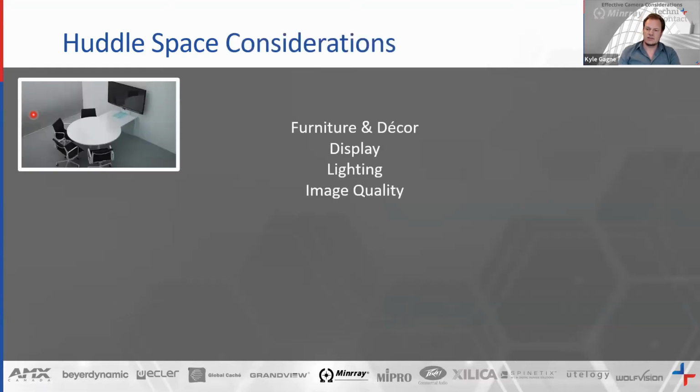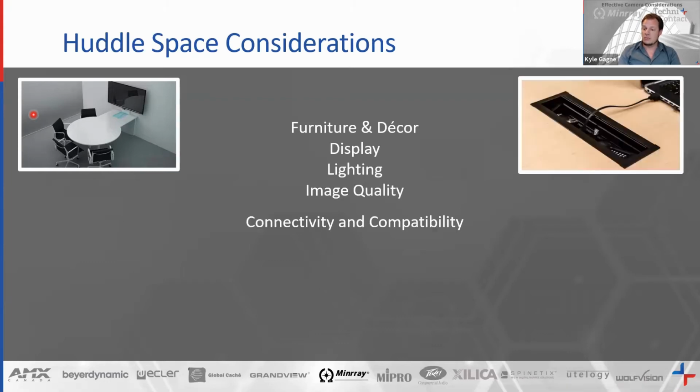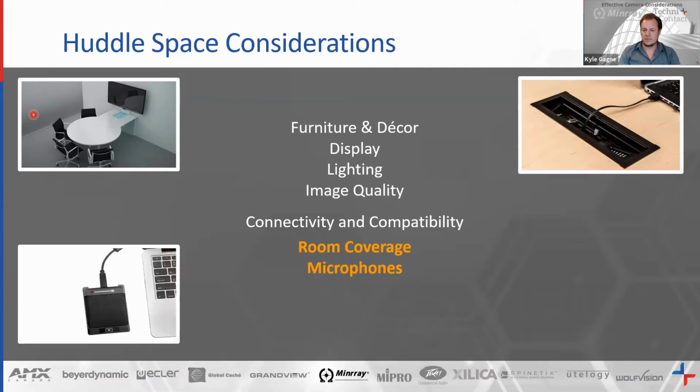Now, our considerations in the huddle space, needless to say, we have more people in a small space. Ideally, the architect or the space planner will have adapted proper furniture, display, lighting, and image quality for the space based on the requirements of the company. Now we're adding in some connectivity and presentation capabilities. This is usually very simple, whether it's an HDMI cable just to put a laptop up on the screen or a wireless BYOD solution. However,